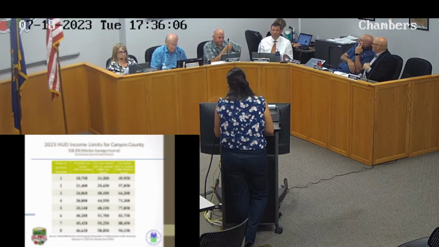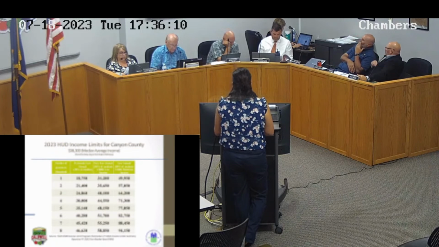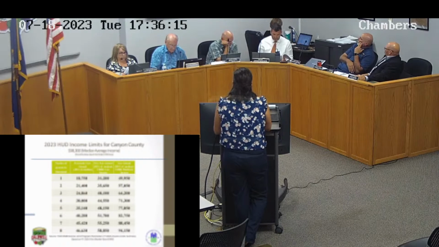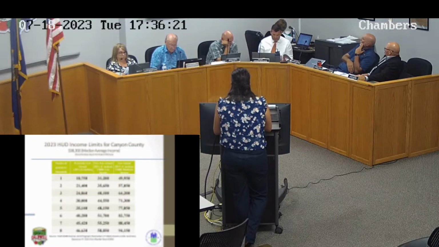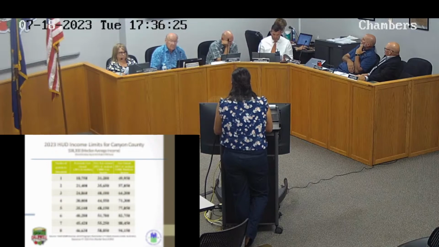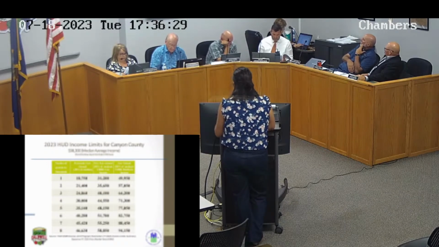4 persons in a household. Extremely low annual income would be $30,000. Very low would be $44,000. That would be the CDBG low income, $44,550. And then low annual, 80% of the median is the moderate income, so they could make $71,300 and still be eligible for activities through CDBG. And these were just updated.